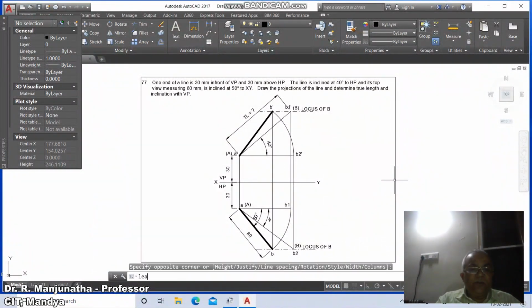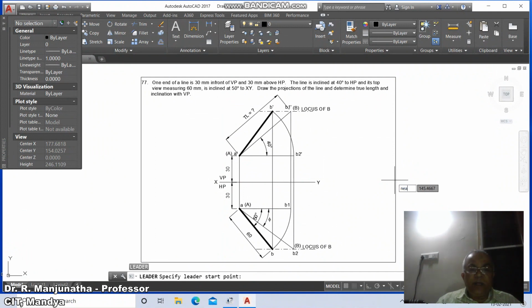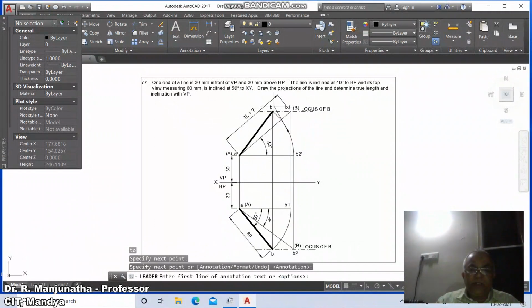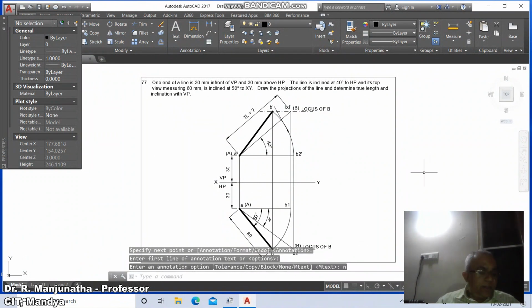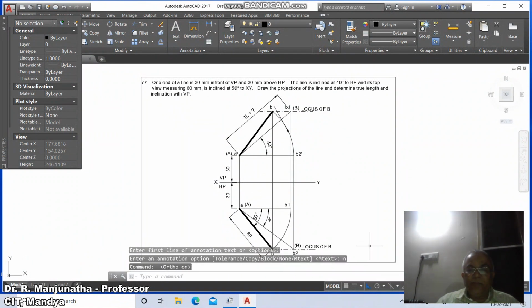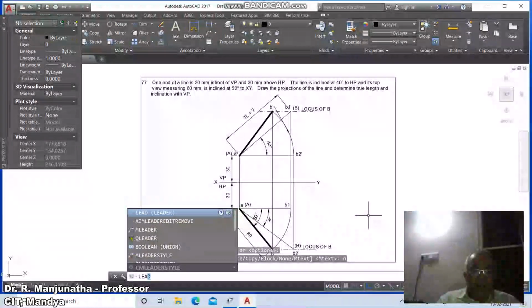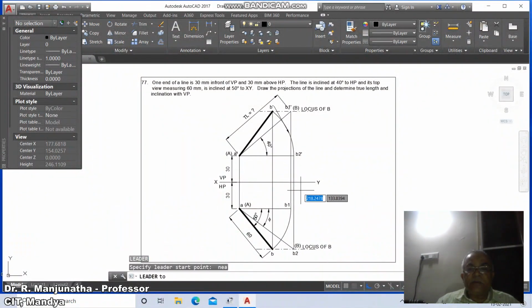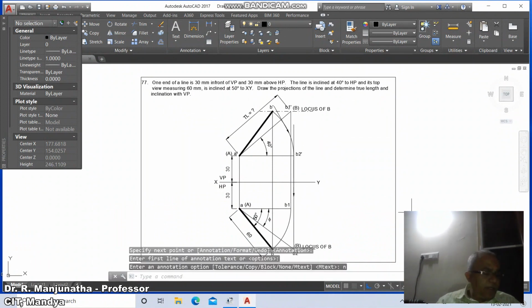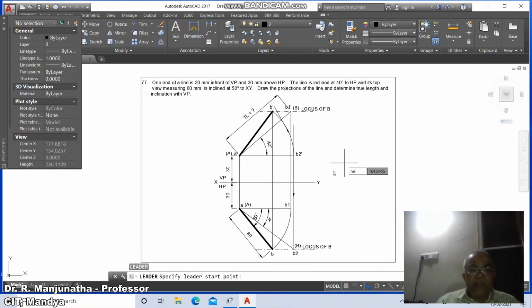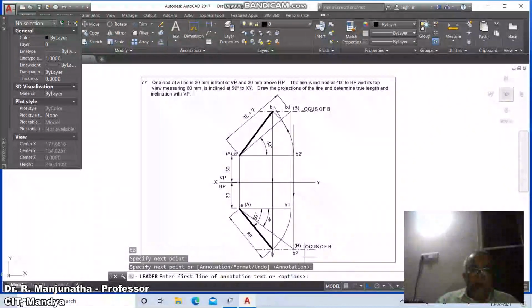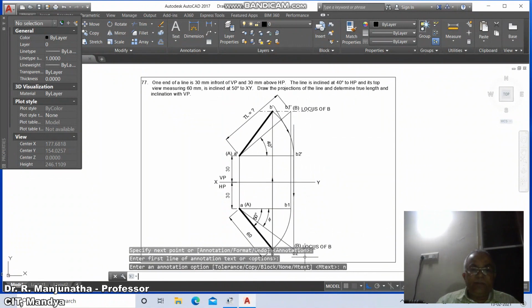So before that we'll go for leader, take nearest point on this, draw tangentially to this arc, annotation options none. Then go to ortho mode on, go to leader, nearest point on this, annotation options none. Similarly, go to leader, nearest point on this, and drag it and place it, annotation options none.